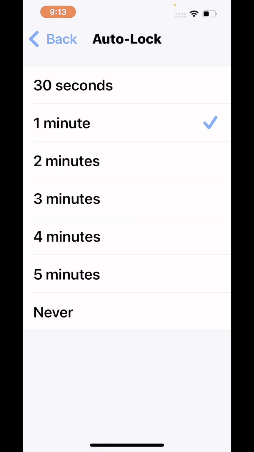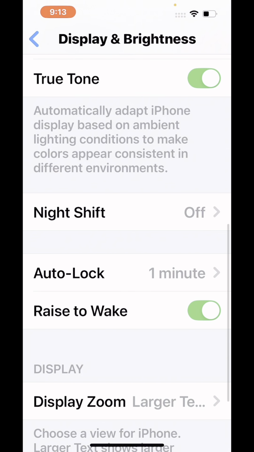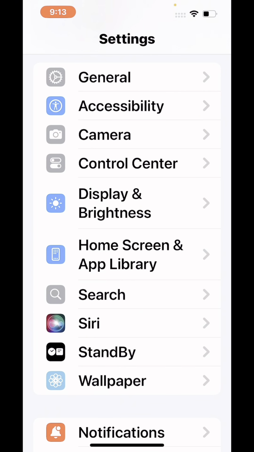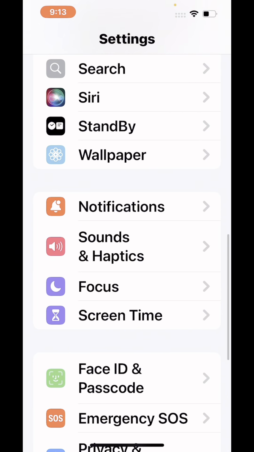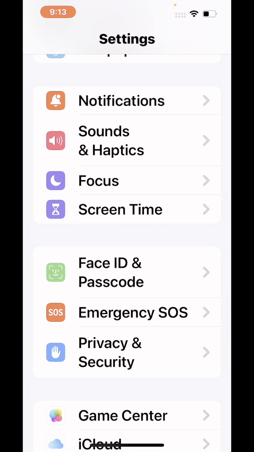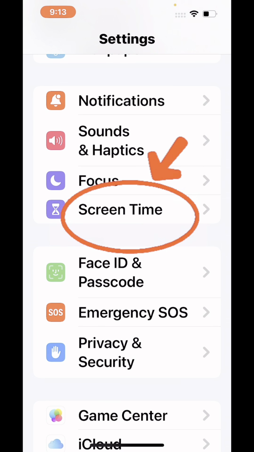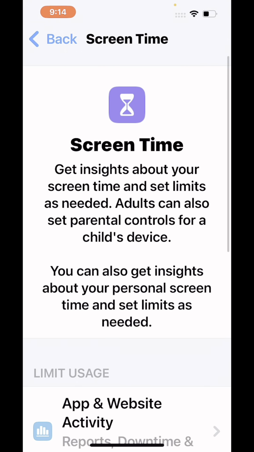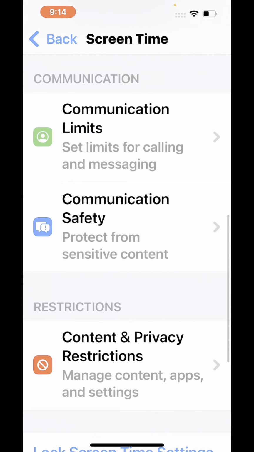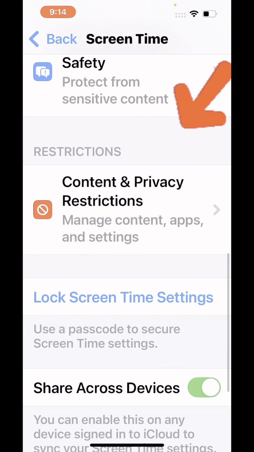For now, tap on that blue back button in the upper left and the blue caret there in the upper left again to exit out of that. Then we're going to scroll down a little bit more to find screen time. So right here in the middle of your screen, I want you to tap on screen time. And this has some very important features that we want to focus on in today's